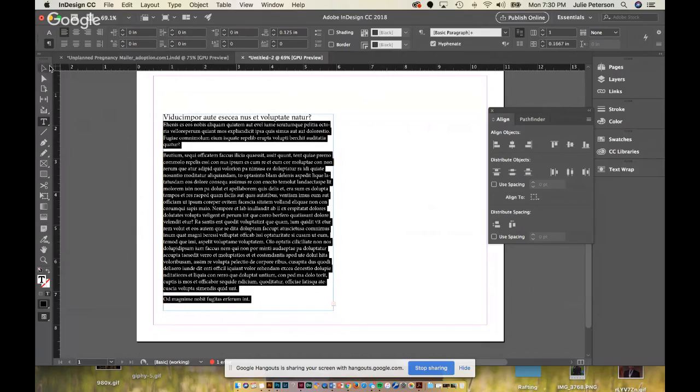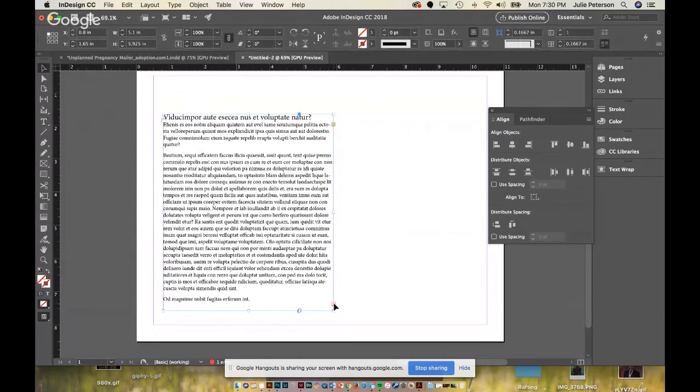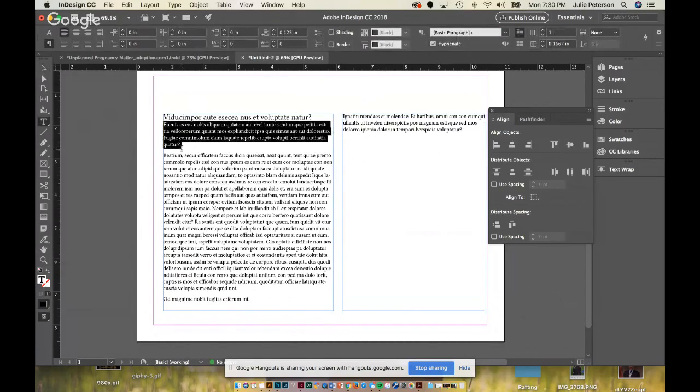Now, again, I'm going to link these columns. I have extra text below here, so I'm going to click on this plus sign, and I'm going to draw another column. Okay. So make sure you are using the body copy rules. The other thing is widows. If you are running into a widow, which is a word on a line by itself, there are multiple ways you can get rid of it.